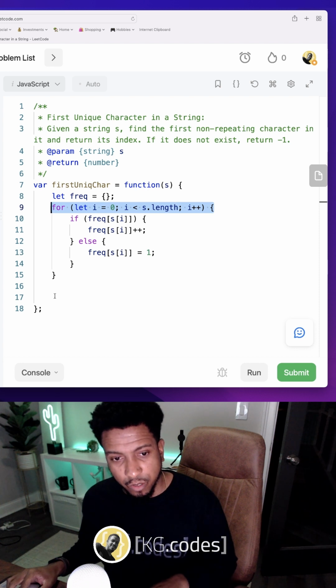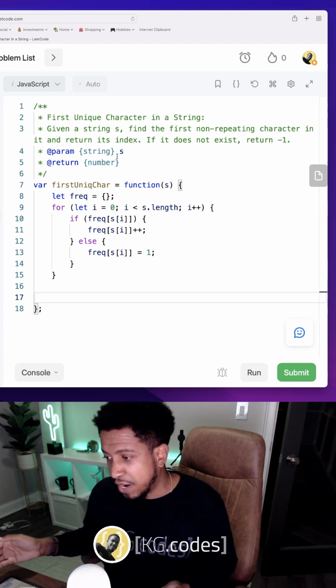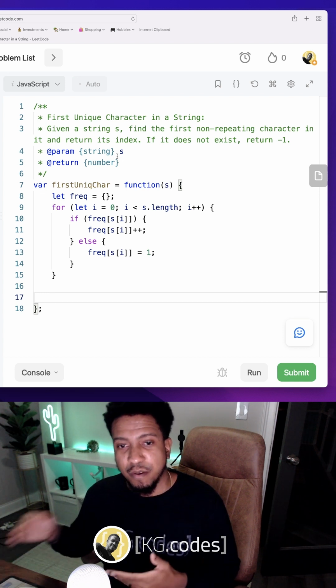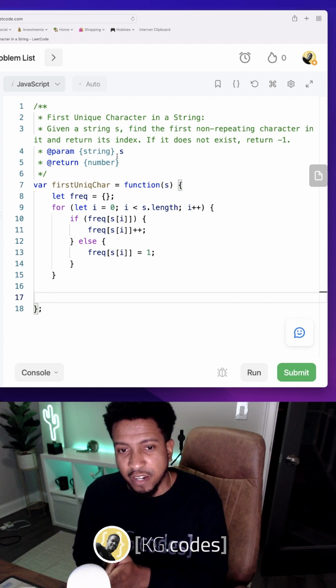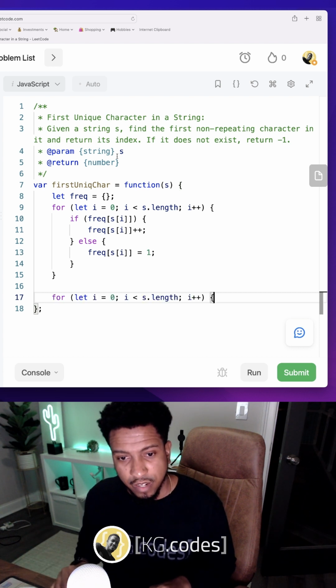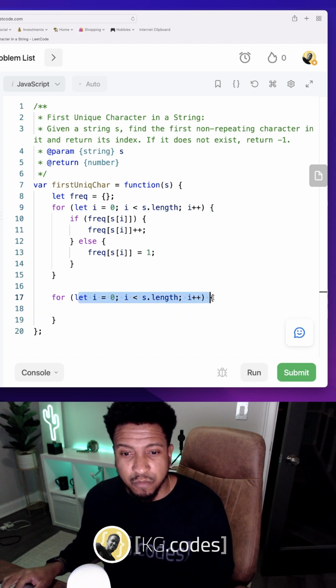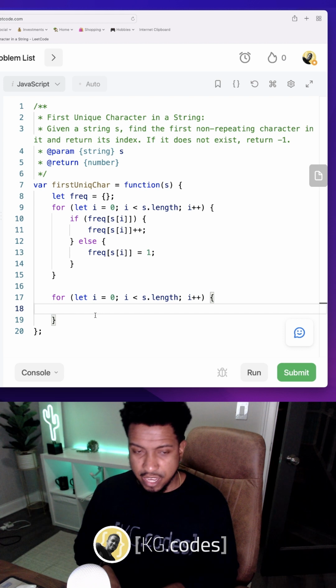You need to go in order, because you only need to find the first one. Once you find the first one, don't worry about processing the rest of the stuff. Process till you get to the point that you find your answer, and then get out of the problem. You want to optimize your solution. So what I can do is simply just loop again here. I'm going to loop through this again, and I'm basically going to say, if my frequency map